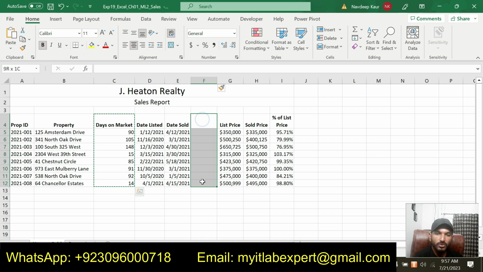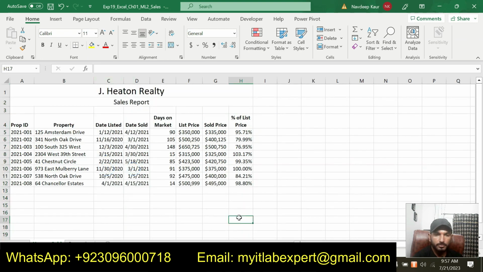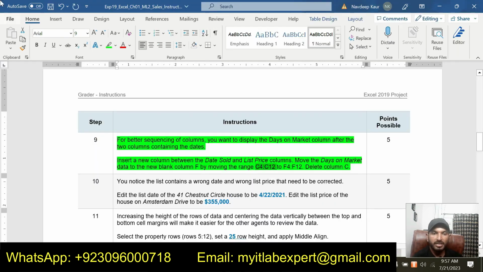Now I will select this one, that is F4 up to F12, and simply click on the paste option. So now you can see that we have moved the days on the market between date sold and list price. And we are supposed to delete this column C, that is the blank column. So that is what is required in step number 9.